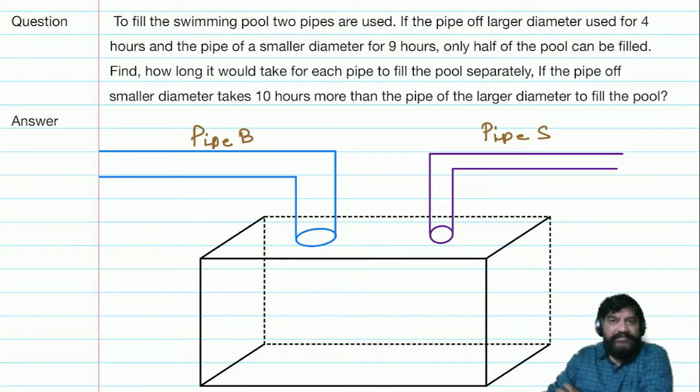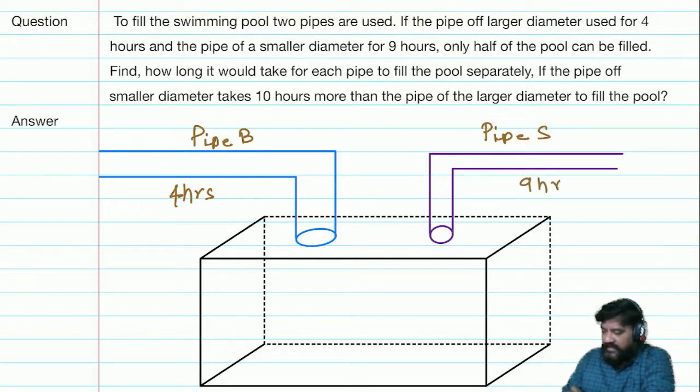Well, you can see that when the two pipes have been turned on, the first pipe has been turned on for, let's say, 4 hours. Along with that, the second pipe is also turned on for 9 hours. So after 4 hours, this has been shut down, whereas this continues to flow for 9 hours continuously. So both are going at the same time. What happens? So this fills up some amount of water. So does this. I do not know how much water it fills, but